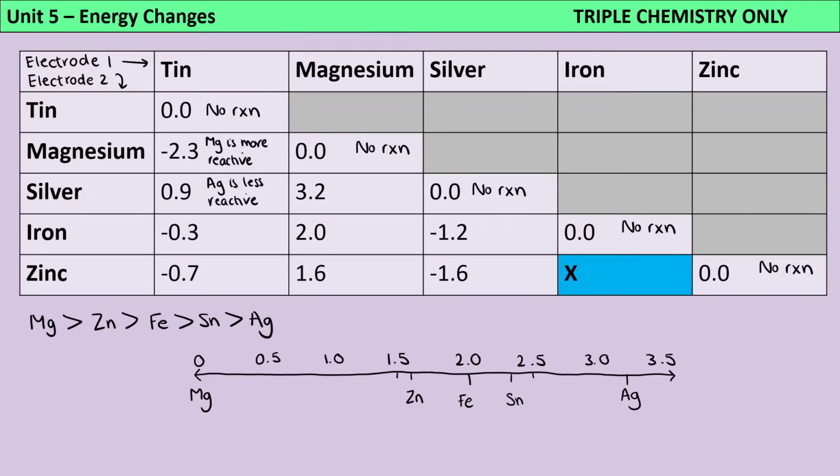I can see that the distance from magnesium up to tin is 2.3. And I can also see that the distance from magnesium up to silver is 3.2. So basically what I'm doing is I'm saying, what is the difference between those? So then let's just double check that my method works before we do the one that they've asked us to